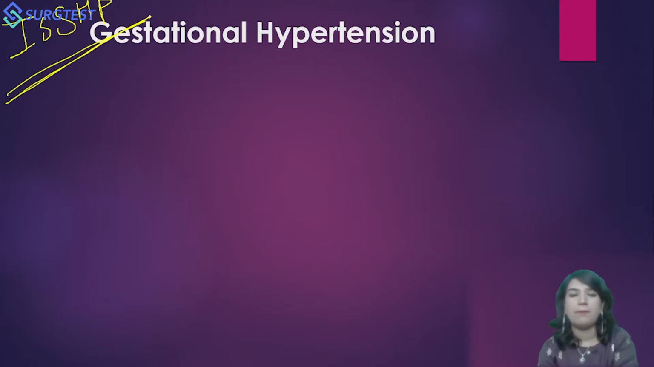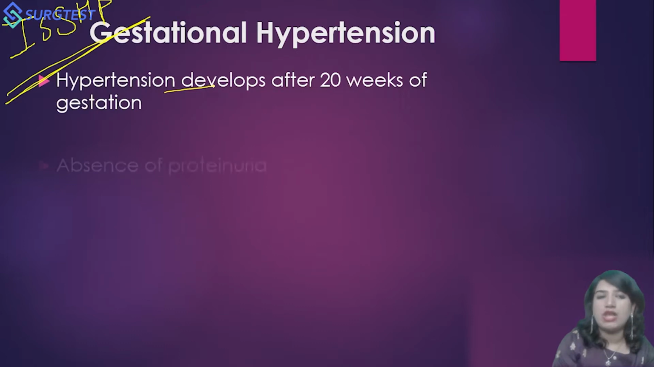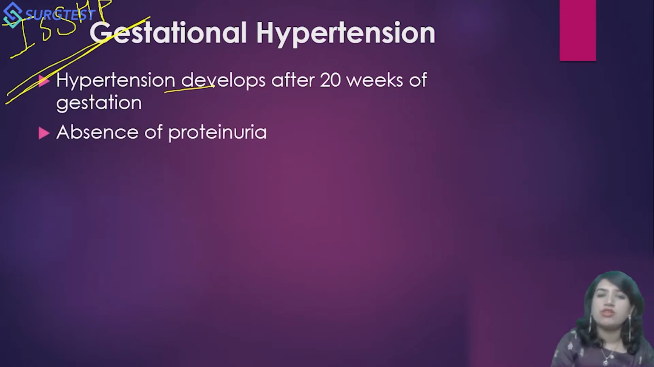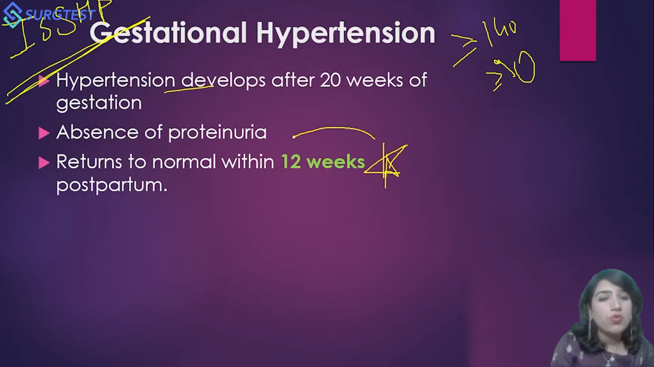What is gestational hypertension now? Hypertension that develops after 20 weeks of gestation is what is known as gestational hypertension. There is no proteinuria, there is no other factor which takes it towards the diagnosis of preeclampsia, and there is purely and only hypertension with the cutoff of equal to or more than 140 for systolic and equal to or more than 90 for diastolic. Now, this is very important: this rise in BP returns to absolute normal within 12 weeks